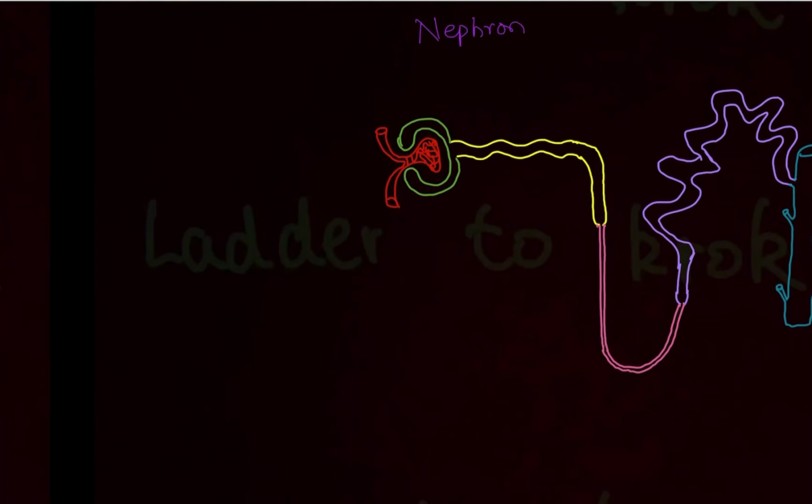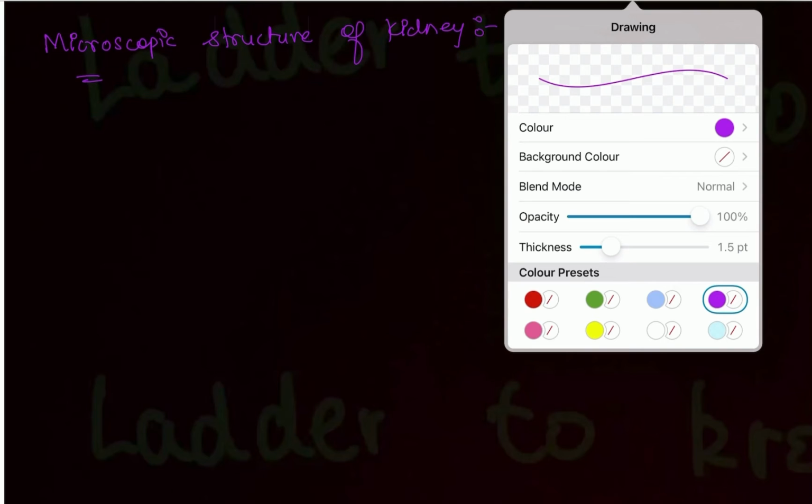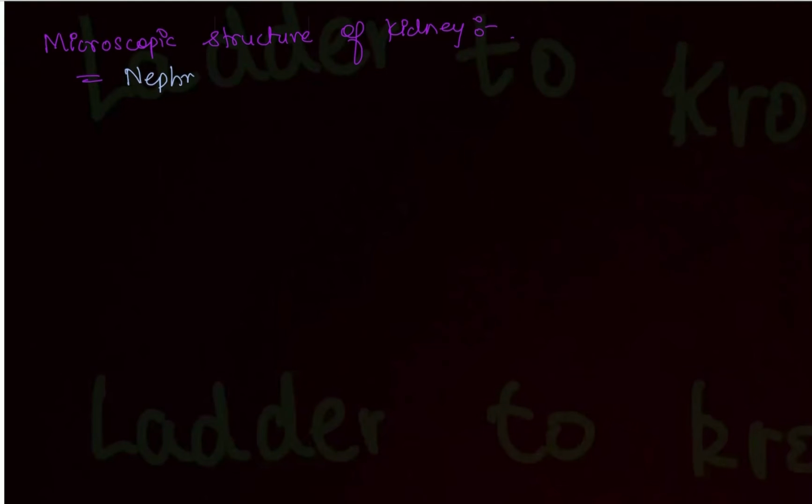So write down the topic nephron. So nephron comes under the microscopic structure of the kidney. So right now what are we learning? We are learning about the microscopic structure of kidney. So for that, write down nephron. They might ask you this very simple question, that what is the structural and functional unit of the kidney? It is nephron. So nephron, write down. It is structural and functional unit of